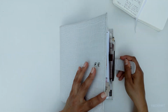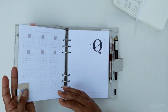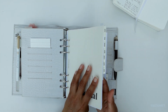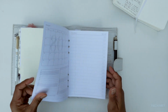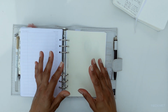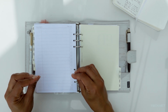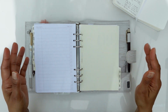So first up, my planner setup is dead simple. All I have in here is my year at a glance insert, my quarterly insert, followed by my monthly inserts, which are divided down into a month on one page, an inbox for the month, and then behind that my weeklies will go where I'll do my time blocking. And I really love how that currently works for me in terms of a system. That's the main things that I need to use my planner for, keeping track of what is going on,